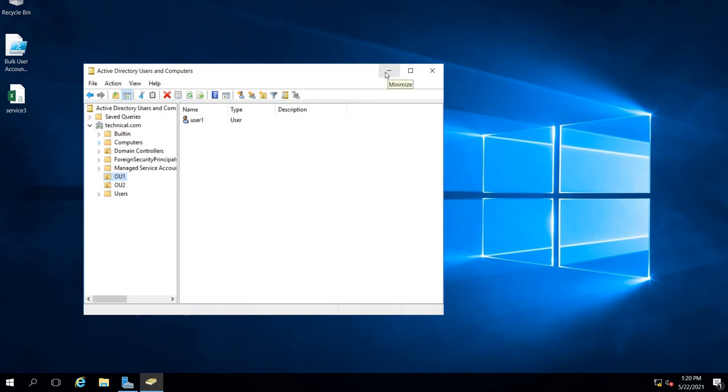The main point for today's lab is that when we create a bulk user account, we'll see an error, and we are generally afraid of the error. Whenever we see an error, we are afraid and we try to escape, but this is not the correct process. We have to always go through the error, read the error, and find the best way where we can sort it out.